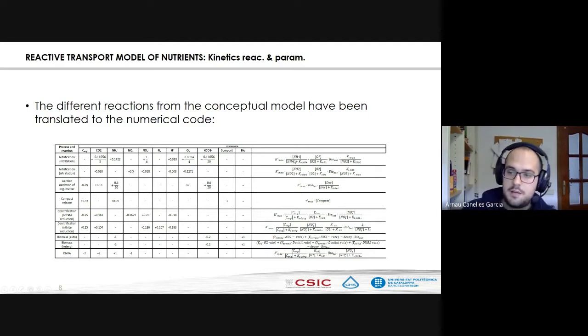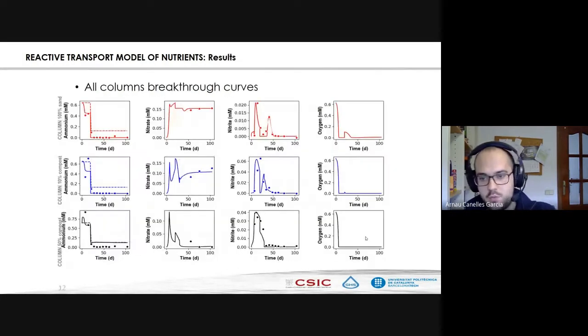So this example shows what we took into consideration for this process, and it appears much the same for all the processes present. In some others, we take into consideration other processes and other nutrients, but in general, this is the dynamic that we can see. And all this was included in our numerical code,